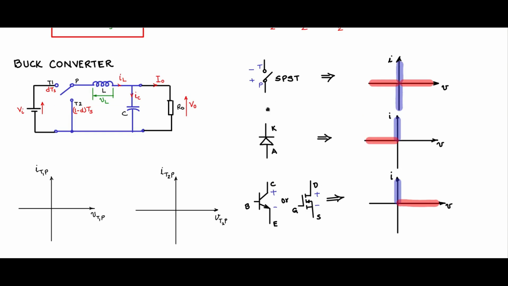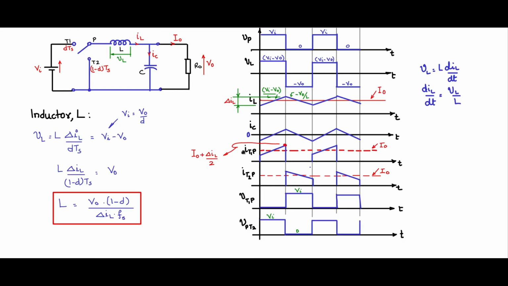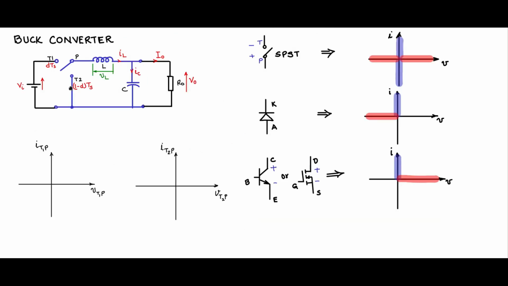In the case of the PT1, you can see the current through T1P is positive, only positive. There are no negative direction currents. So all the currents that flow through the T1P are positive. And if we go back to this page, you will see that the positive axis of current are all possible operating points, because the current in this pole throw switch is always positive.